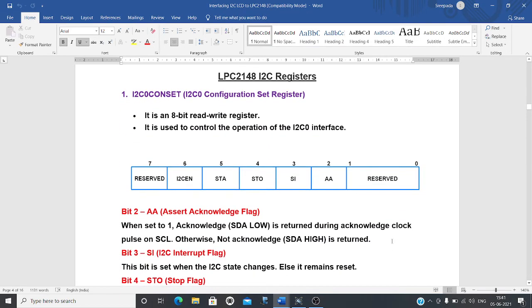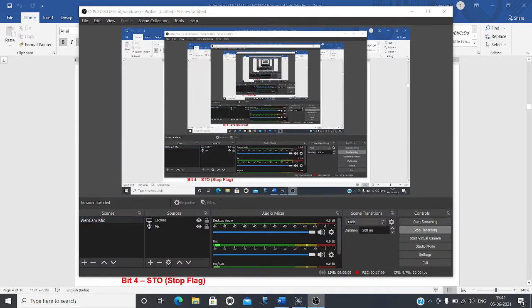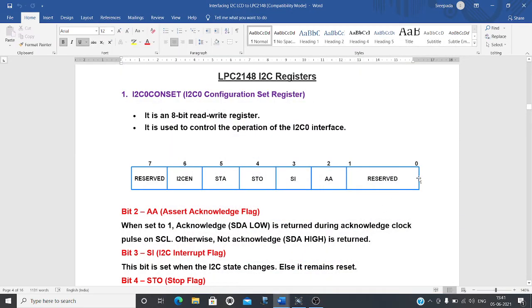To support this I2C communication, we have a set of inbuilt registers, using which you can have I2C communication in the experiment.